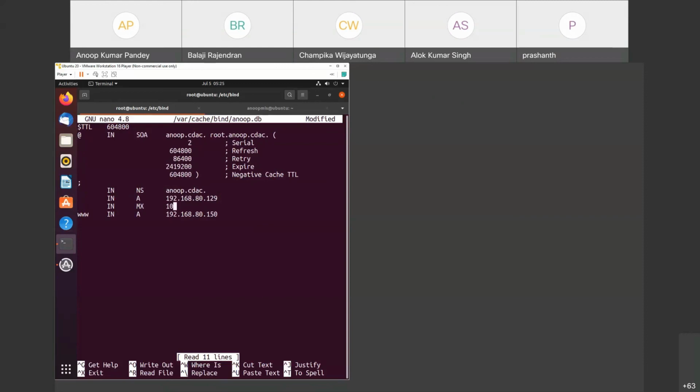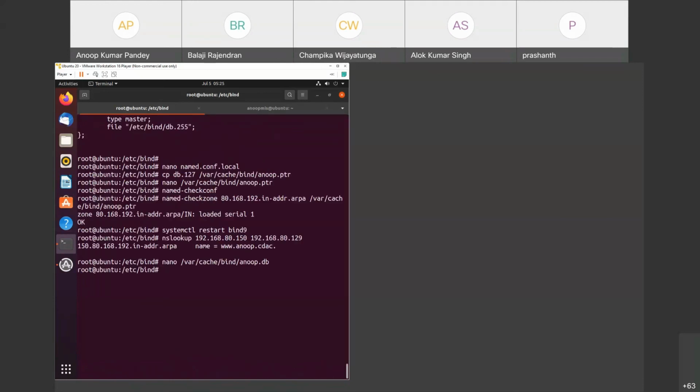If you remember, there was a priority, and the name of it will be, suppose, webmail. So I am specifying webmail as the MX record for this domain anup.cdac. Now for webmail, I will have to give some IP address. So suppose I give 192.168.80.100. I can give any IP address, whichever is there. Let us save it, exit.